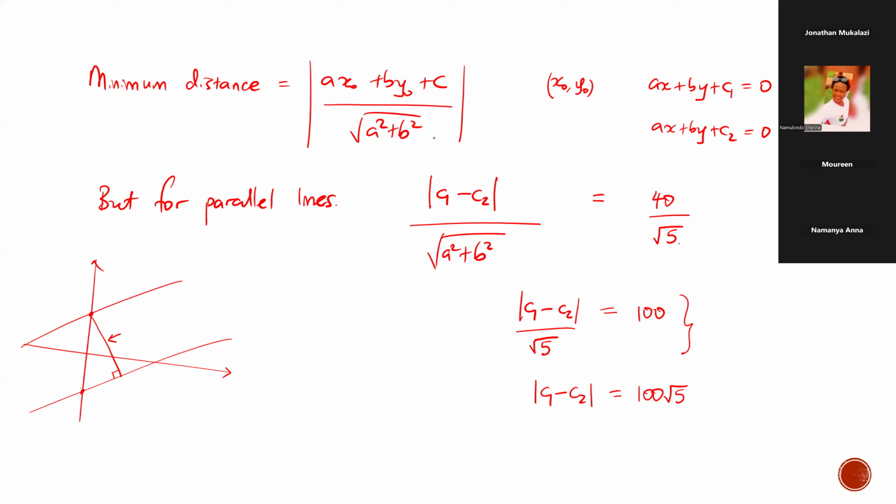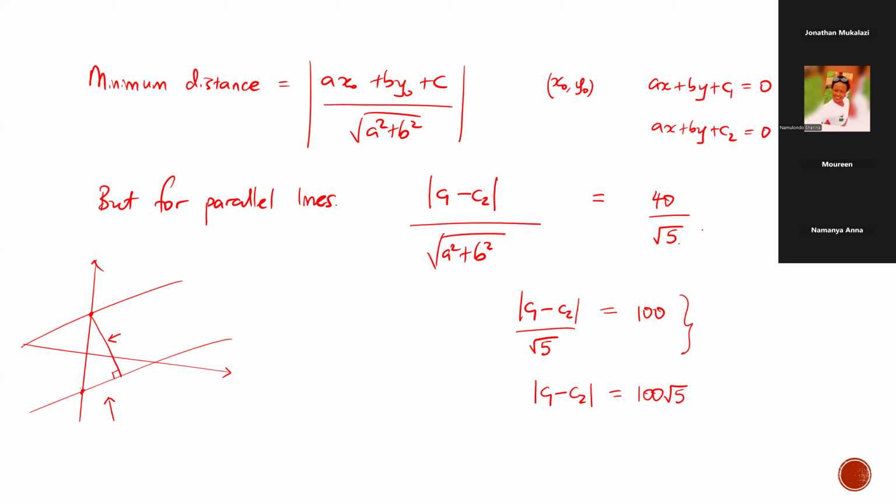So I was saying this is the formula for minimum distance. We know that this is the formula for parallel lines. And this can be derived, but it would need you to use the derivation again of the formula for minimum distance. But you can see that there's a relationship here between the distance between the intercepts and the minimum distance between the two lines in that right angle triangle. And so we can use this formula to determine that the distance between the lines as they are right now